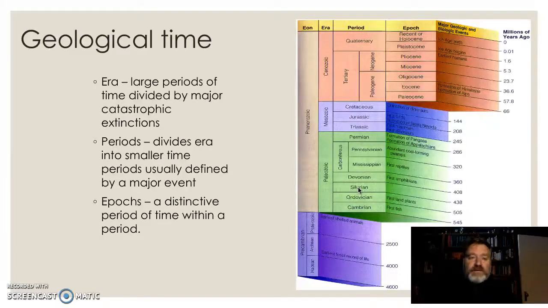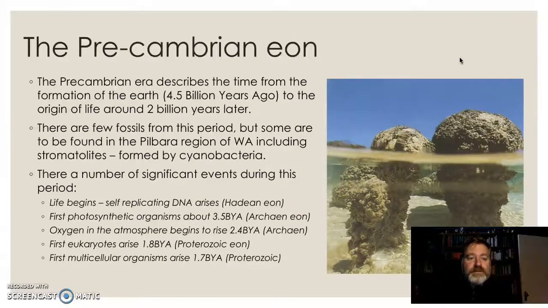We talk about eras, periods, and epochs of time. We're currently living in the most recent, the Holocene. In fact, there's a new epoch being named after us. But we have the Precambrian, which is broken up into 3 sections. We'll talk about those in a minute. And the Phanerozoic, these major other eons. There's 2 major eons. Life commences down here, way back in the Precambrian. And we'll talk a bit more about it in a minute. And then there's all these different eras and periods and epochs through time. And we'll talk about some of the significant bits and pieces of those.